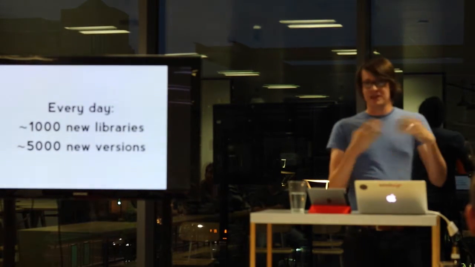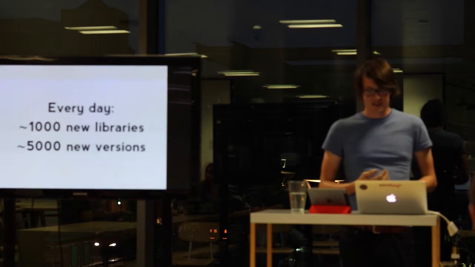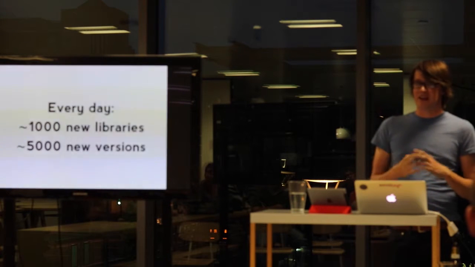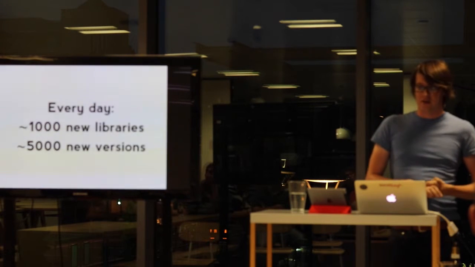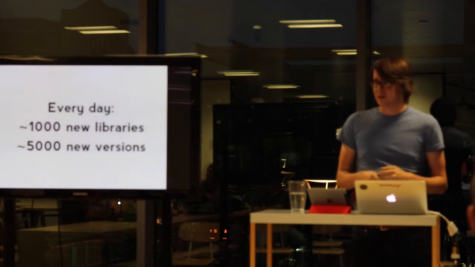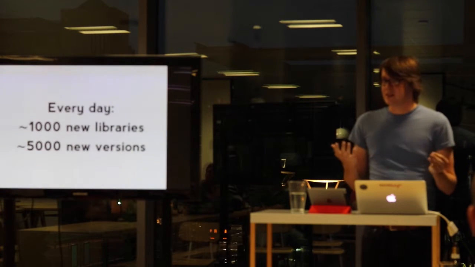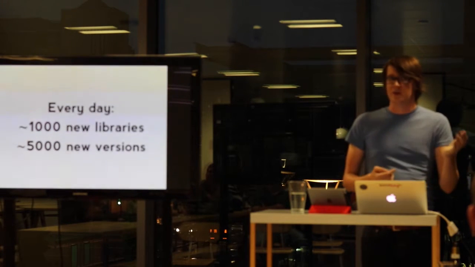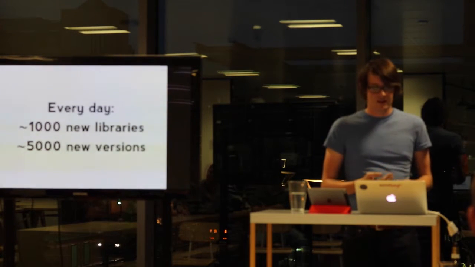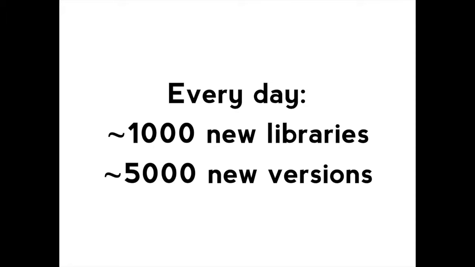So as it goes around the internet collecting more and more information, so far it's adding about 1,000 brand new projects every day across all of the different package managers. A lot of those are on NPM. And then it also finds new versions of existing ones, because the dependencies don't necessarily always stay the same. When a new version is published, it may have a new dependency or it may take one away. So it has to then have a picture of all of the versions of every package as well. For NPM, there's over 1 million different versions of every package that's been published.